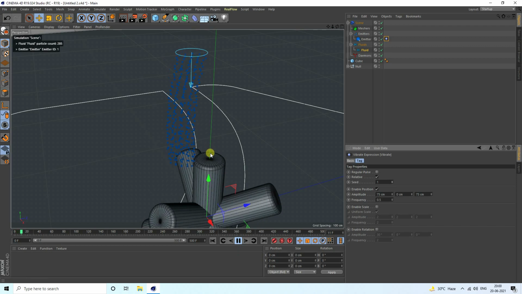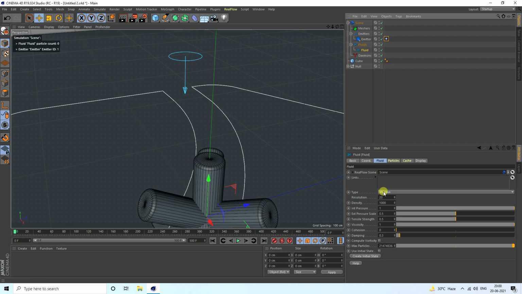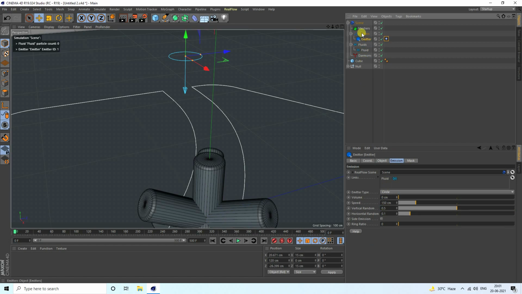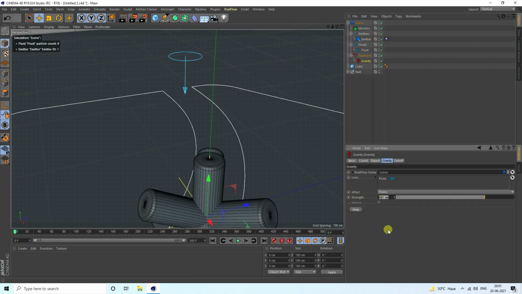It depends on your work. Yeah, great. Okay, so guys, go back and one more time go to flood here, and now guys, finally I increase the resolution to 300, and increase the density by one more 0. Yes, and guys, velocity I like 0.15. Yes, see guys, that's my simple setting, right? Okay, and now guys, the emitter is good, and also guys, I apply gravity, this one, and set the gravity strength to 250.